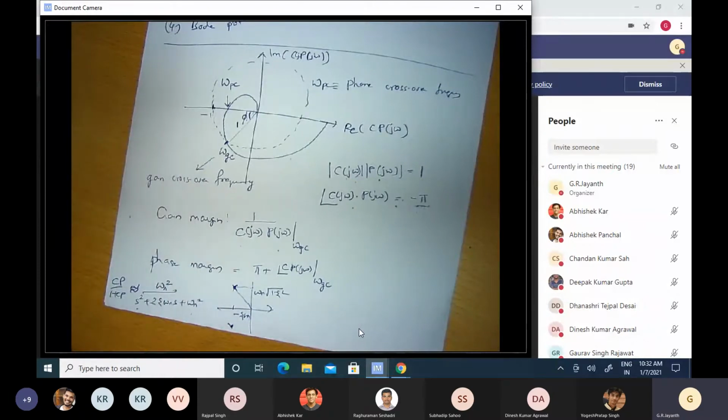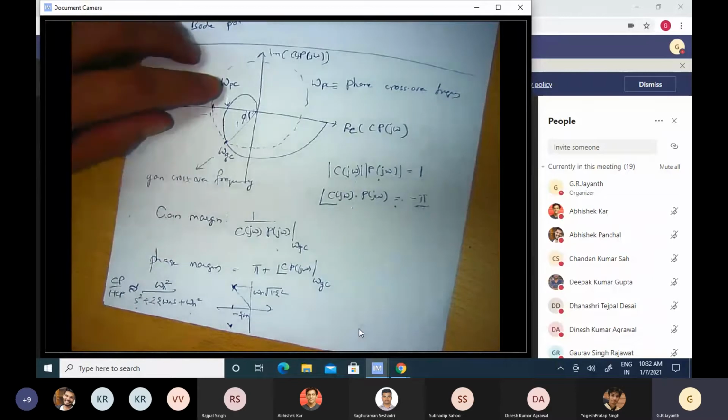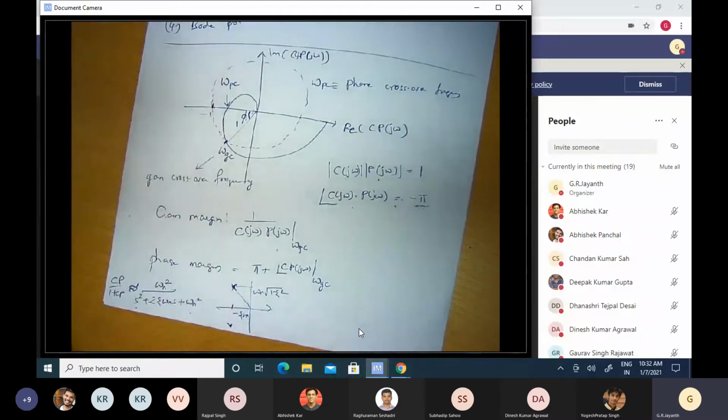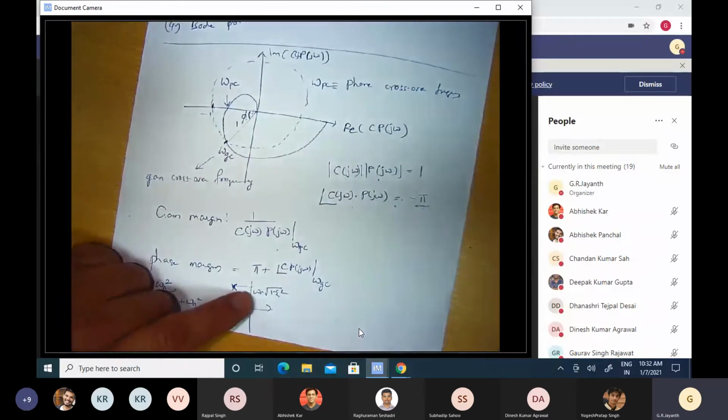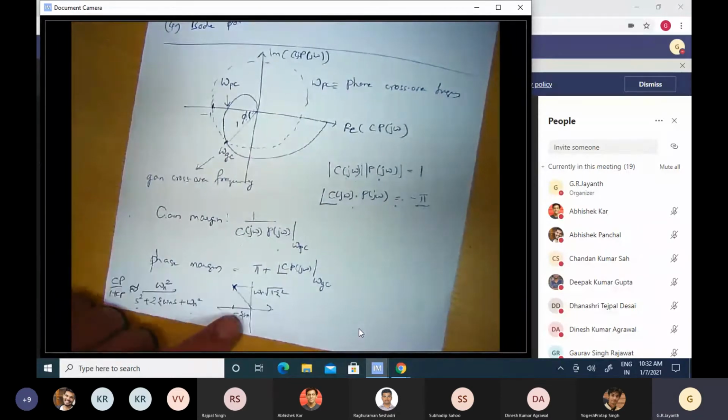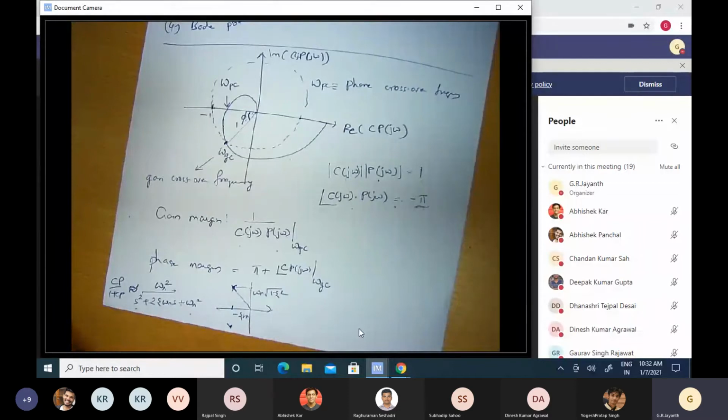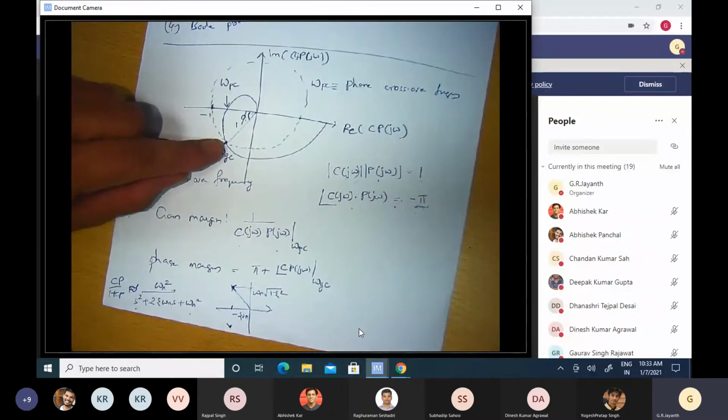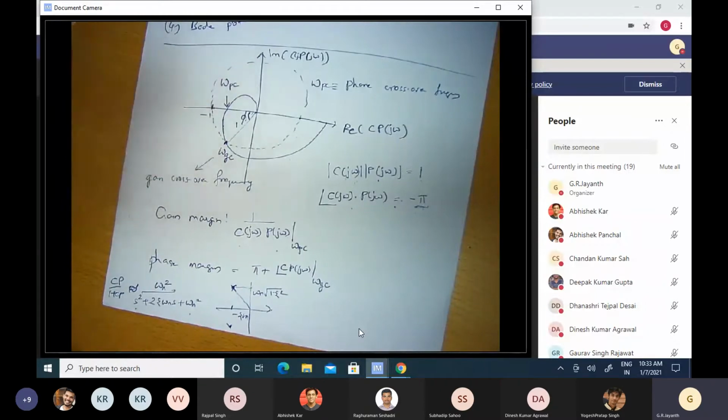Okay, so the question now is, we have this gain crossover frequency, phase crossover frequency, gain margin, phase margin. These are all attributes of the open loop system, the open loop system's Nyquist plot. How are they related to these two terms here, zeta omega n and omega n square root of 1 minus zeta square? So that at least I have a rough idea of what the closed loop poles, at least the dominant poles, are going to look like, given the phase margin that I am considering and the gain crossover frequency or the phase crossover frequency that I would have as part of my design.